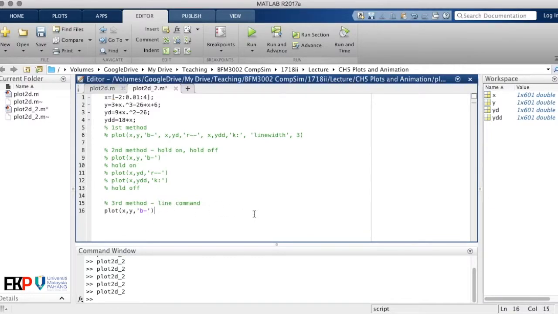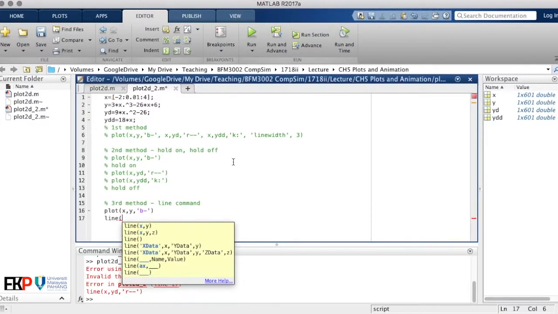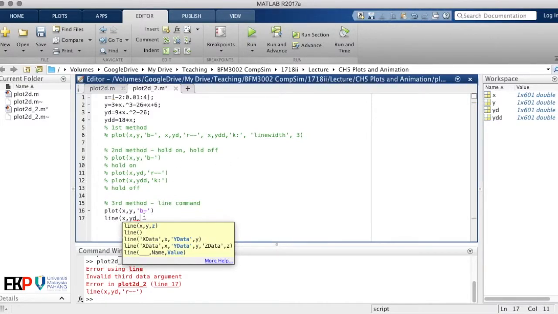We plot the first one. So when we want to plot the second line, the second graph, we don't use the plot command, but this time we use the line command. And in the line command, you type in x, yd now,